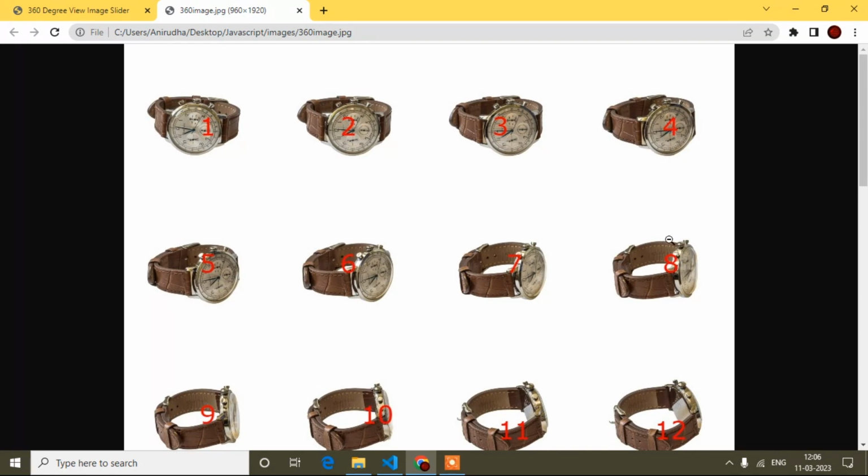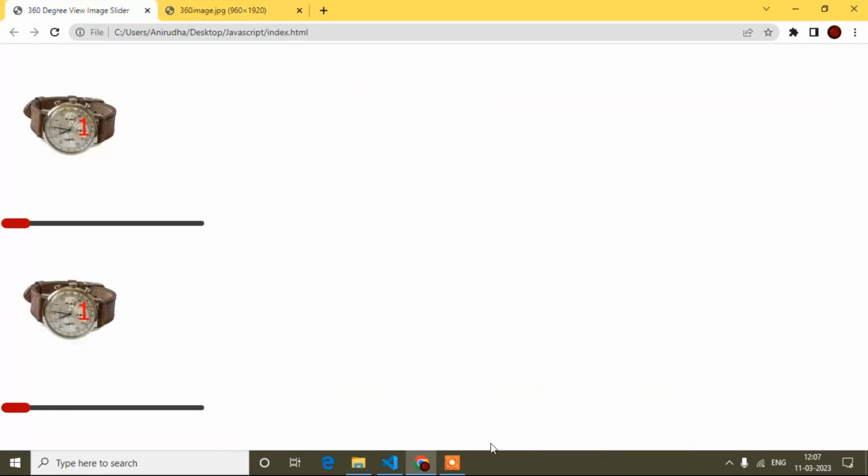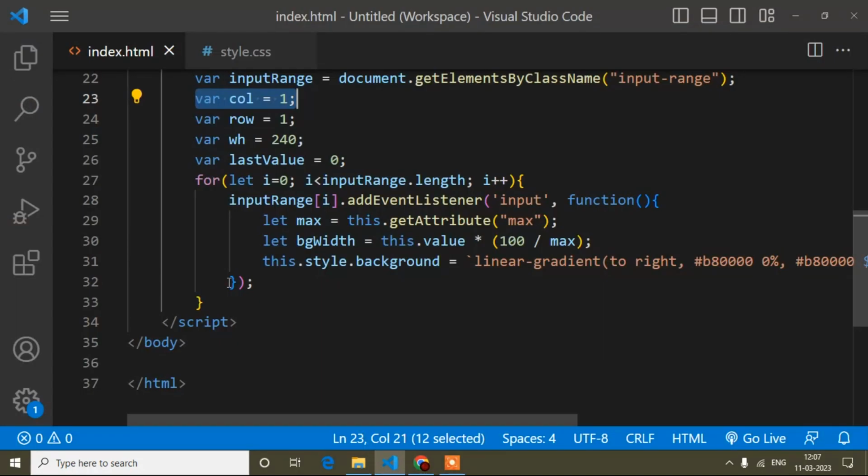Suppose column is 8, it will come 7, 6, 5, and then 4, because column starts from 4 in the next row, from 1 in the next row. So column 4, 3, 2, 1. If it goes to 1, the row will minus 1 because it's coming here, and column will start from 4 again, 4, 3, 2, 1. This is the important logic and the confusing thing, but I'm trying to explain it in a very easy way.